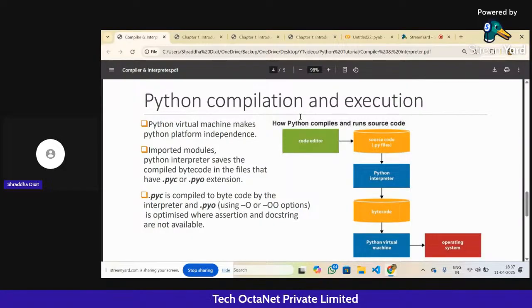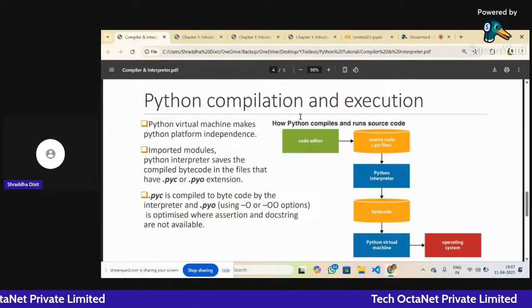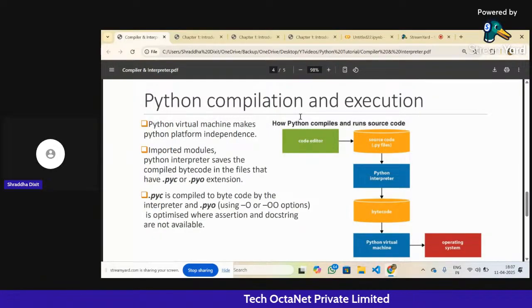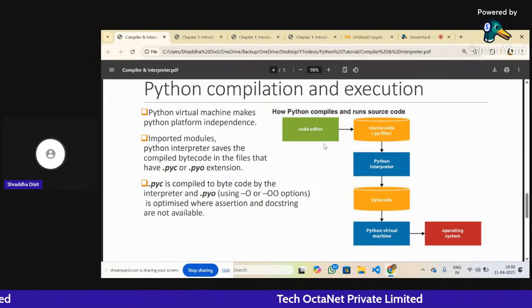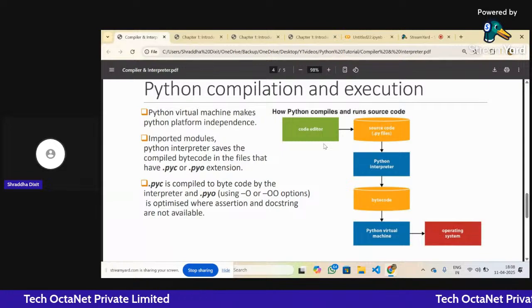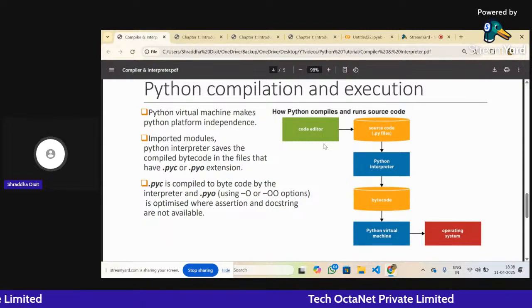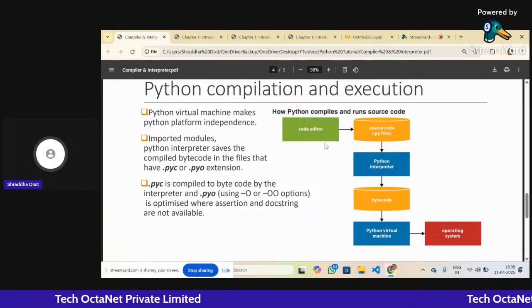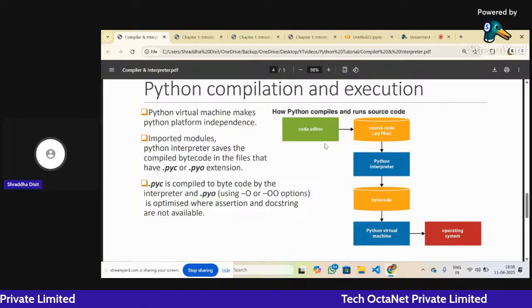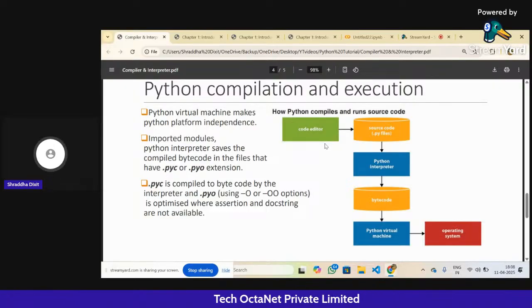Now we will see how Python compiles and executes your code. Okay, so if we don't look at the text, you see this flowchart here. You have your code editor. The code editor can be anything. Right now, I'll be using Google Colab. You can have Anaconda, or the VS Code extension with Python, or any other editor or IDE that Python provides. In the code editor, you write your code. Once you write your code, you save it with the extension .py. That becomes your source code, the file which contains the extension